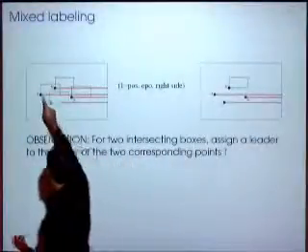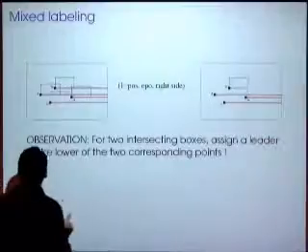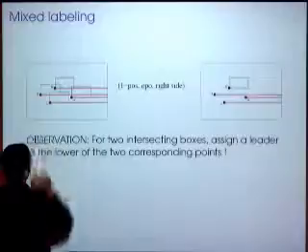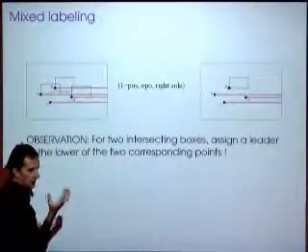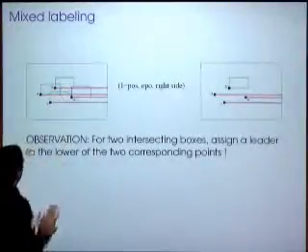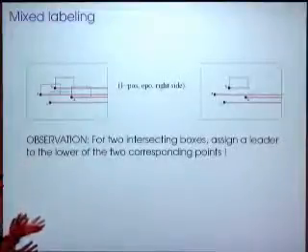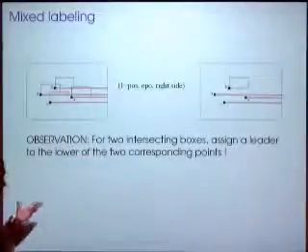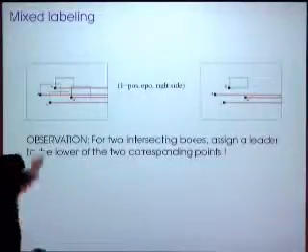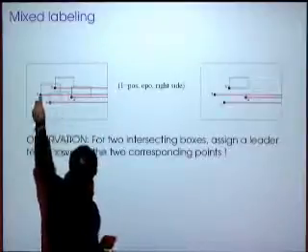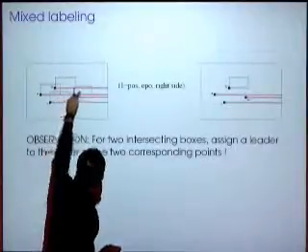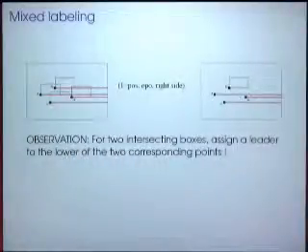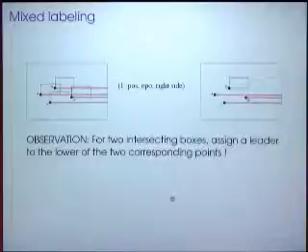Here, for A and B, if A is an inner label, it intersects B, no matter if it's inner or leader. So it cannot be an inner label. It must be a leader. And of course, this leader destroys that one and that one. And that gives immediately that. Yeah, and that's the crucial observation here.